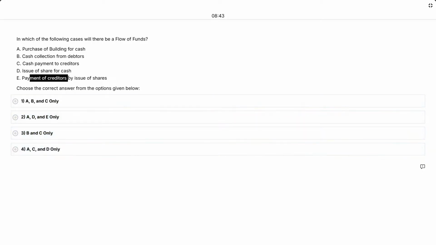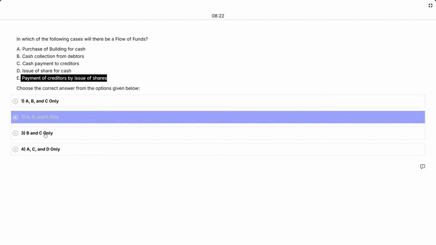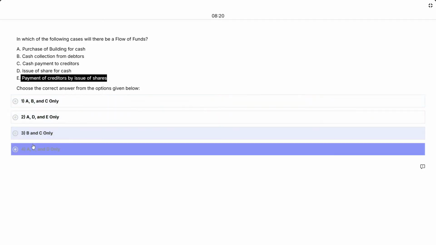पेमेंट ऑफ क्रेडिटर्स बाय इश्यू ऑफ शेयर्स, इसमें वर्किंग कैपिटल हमारा नहीं बढ़ा, करेक्ट। वर्किंग कैपिटल इज जो पैसा है हमारे पास रन करने को बिजनेस, बेसिकली ओवरऑल। पेमेंट ऑफ क्रेडिटर्स बाय इश्यू ऑफ शेयर्स दे दिया, वर्किंग कैपिटल को इफेक्ट नहीं हुआ ना, पैसा इतना कुछ नहीं हुआ, तो ये नहीं, ई तो नहीं है, ई नहीं है, ए है।